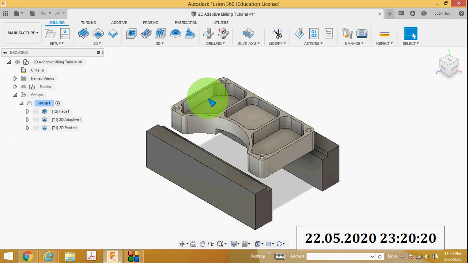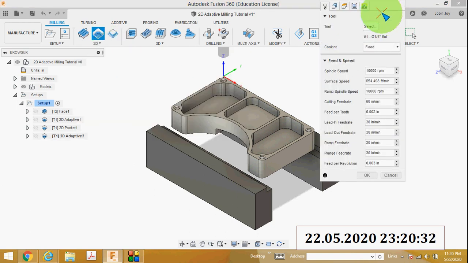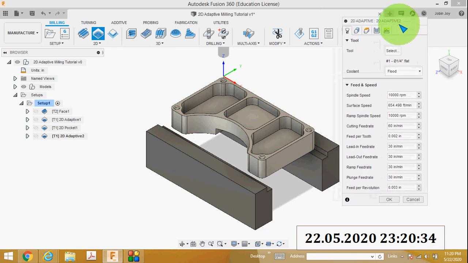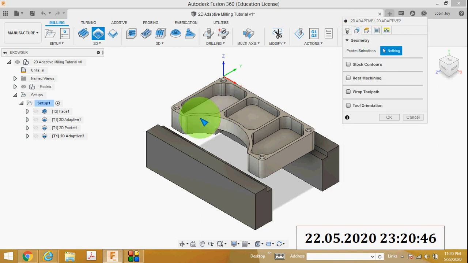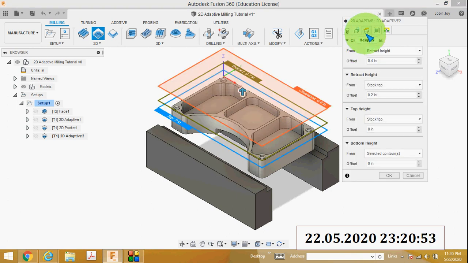Okay, so the next one is rough cut the outside of the part. So here you can see this is the outside portion of the part. You have to rough cut the outside portion of the part. So here also I want to remove a large amount of material from the outside portion. So I want to select the 2D adaptive clearing. So 2D adaptive clearing is used for large amount of material removal. Then here the tool number is again same. Tool number is 1 by 4 inch flat end mill,